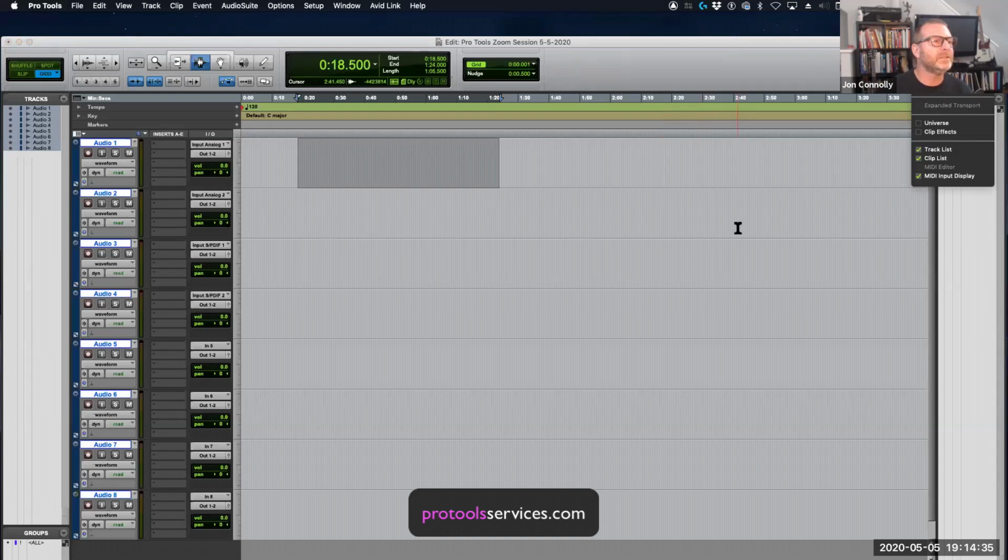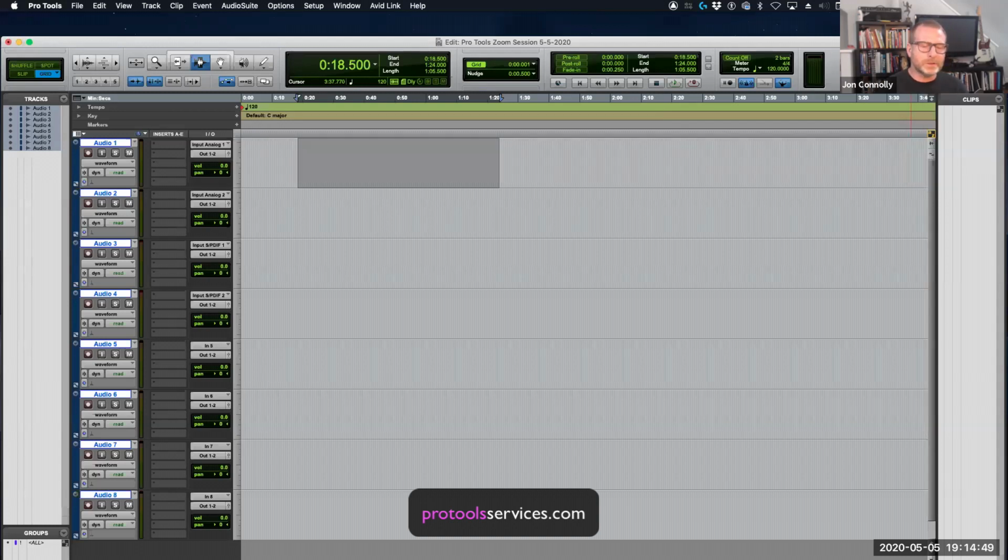There's a lot of empty space up there. I like to take advantage of it, so I enable the transport. I take advantage of the expanded transport, MIDI controls and output meters. This is all optional based on what you want to see. If you're on a small screen, laptop or something like that, you may not be able to see all of that. I'm on a larger screen, so I can have them all visible.